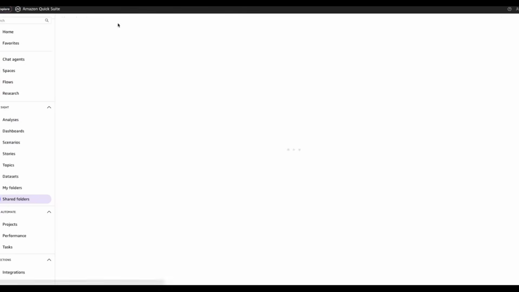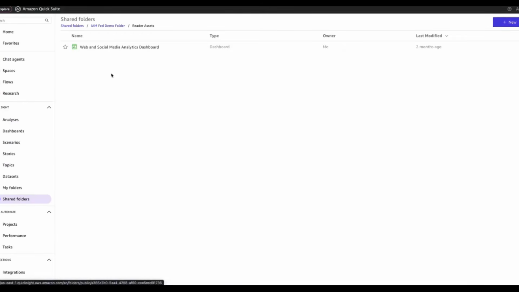So I've got two different folders. I've got one called author assets and one called reader assets. In my reader assets folder, I have a dashboard. And in my author assets folder, I have an analysis. The reason that I've added these different types of assets into these two different folders is to demonstrate that